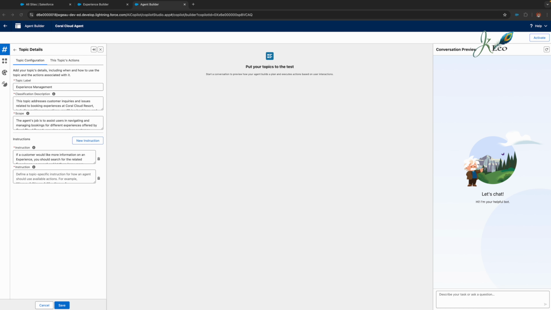first retrieve their contact record. Pass this record into the generate personalized schedule action's contact input to return a list of relevant experiences available for booking. After this instruction, make sure you click new instruction again, and then in the next instruction you put in, when